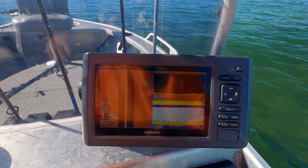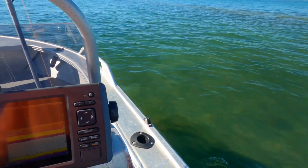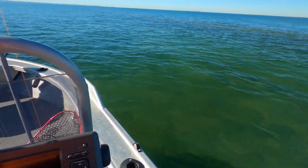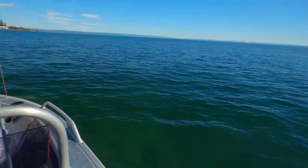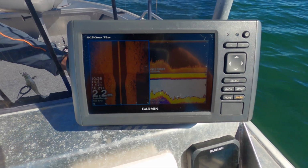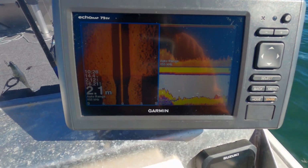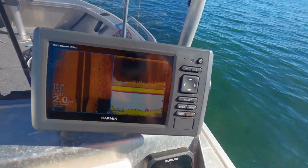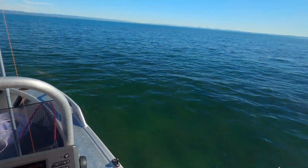Lots of little weeds sticking up everywhere. Look in the water, it might be rocks or weed, I can't really tell. So we're on the southern side of the reef at the moment, Scarborough Reef. You can see the sounder is showing up lots of rocks, a little rocky bottom. Still quite deep, so it's looking good. I just think this water might be too clear, and obviously being Scarborough during the day,